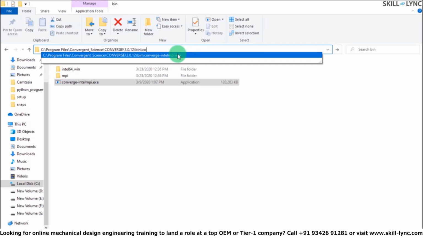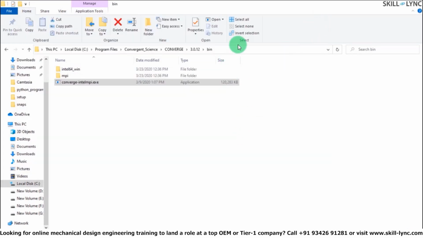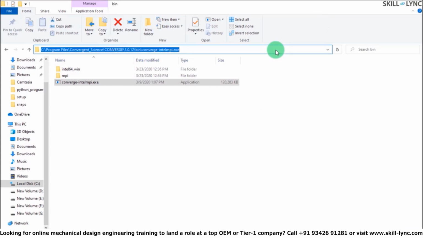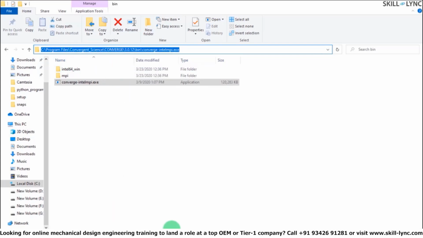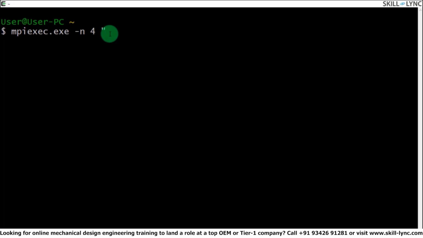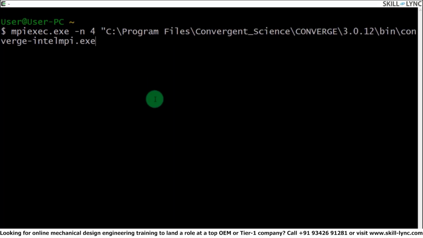Now click on this. One window will pop up like this. You don't have to worry, just close this window and again click on this rectangle box, and then you will get the entire path. Now this path you have to basically copy. So right click, copy, and now you come back to the Cygwin window, and then you have to just right click and paste. Control V will not work here. And now close the quotes,